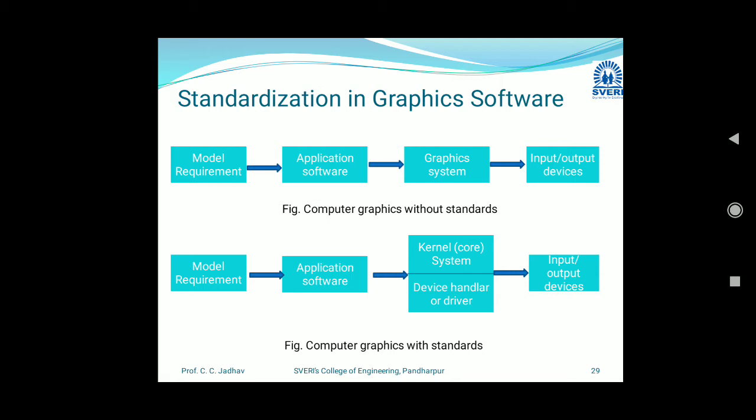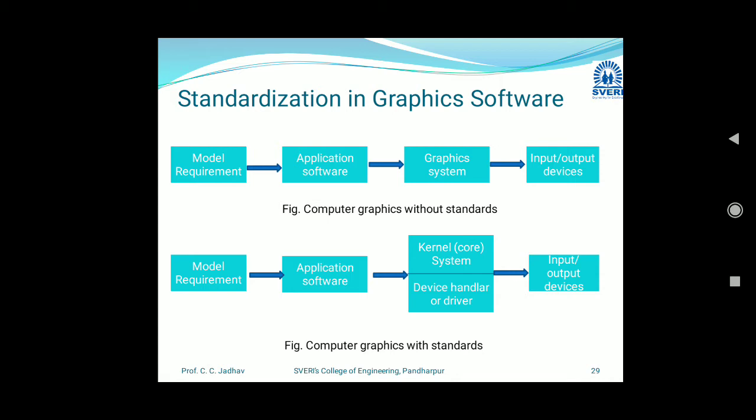To avoid such hardware dependency, certain graphics standards need to be formed, and for that the following objectives were made for these standards. First, to permit picture data portability, to permit text data portability, and to permit program and object database portability. So these are the three major objectives for making the standards. So we have to permit picture data portability, the same for text data, and program and object database portability. This is important for making some objectives of this standard.